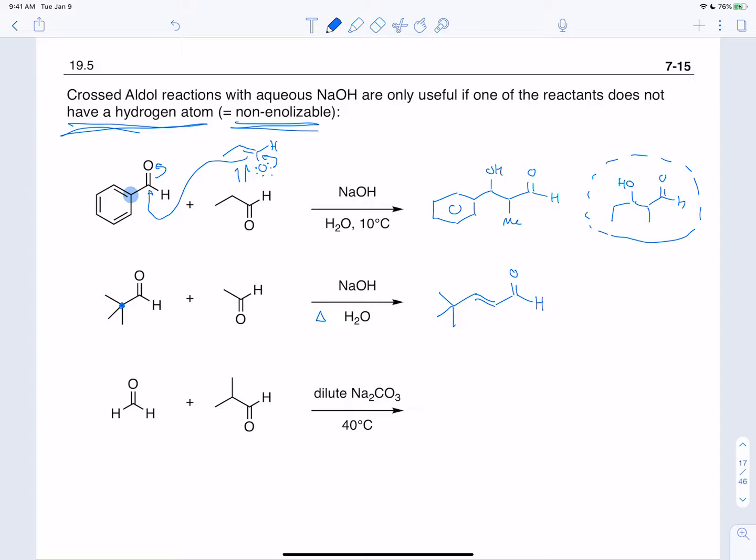And sometimes you'll see other bases. So this is sodium carbonate. This will just be another base. Again, we're heated. But note that after you make this enolate, so we make our equilibrium,